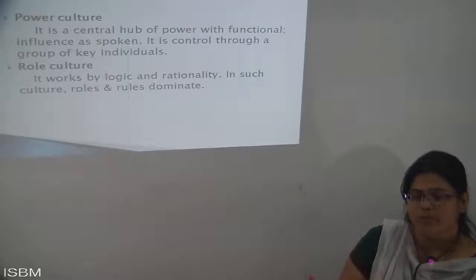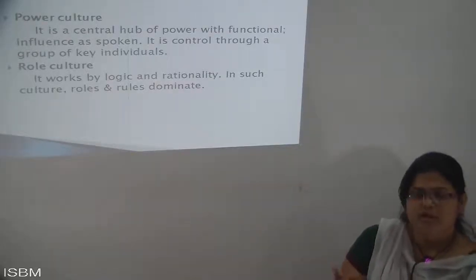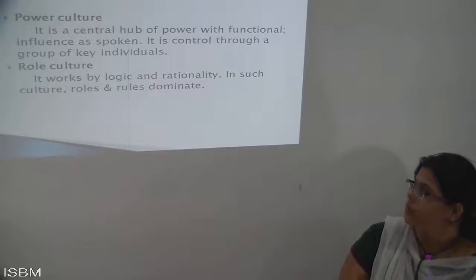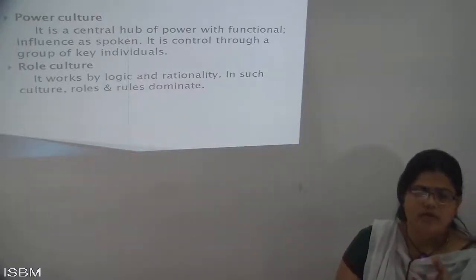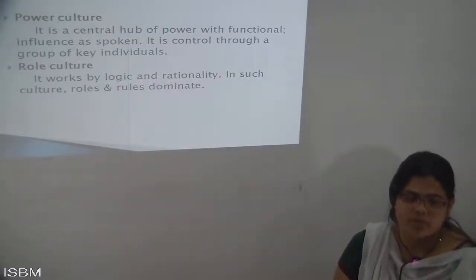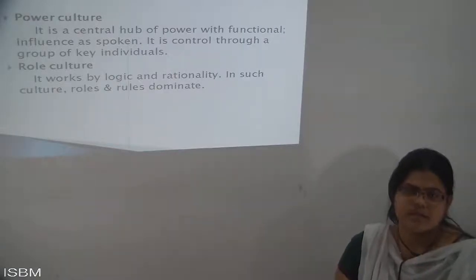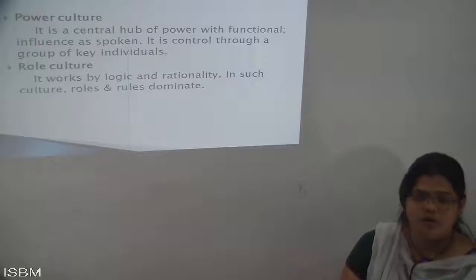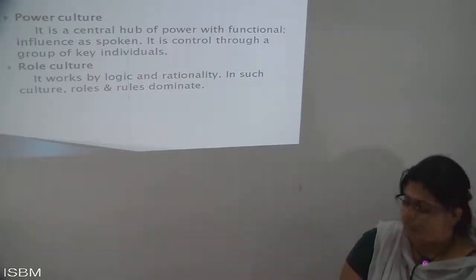In power culture, certain authority has been given to you, and with the help of that authority, you complete whatever roles have been allotted to you. In role culture, you perform in logical terms, and with the help of logical terms, you complete each and every work in the correct measures. This is a way where you can complete work in a shorter period of time with the help of different types of rules.